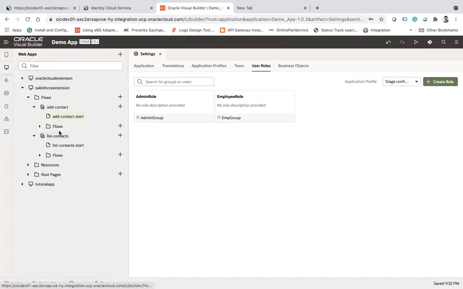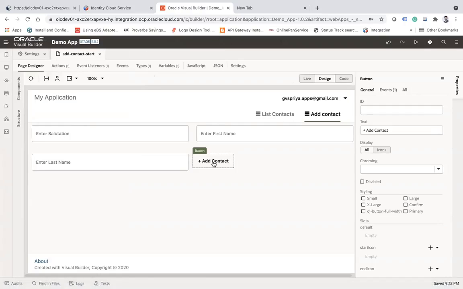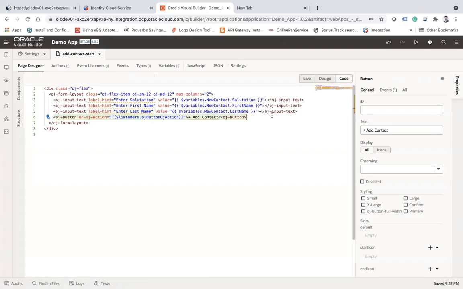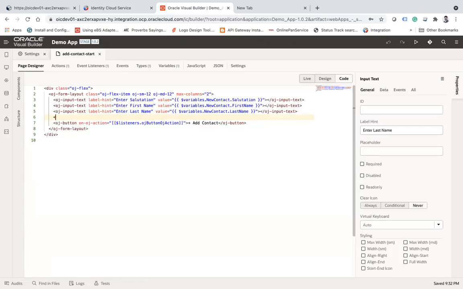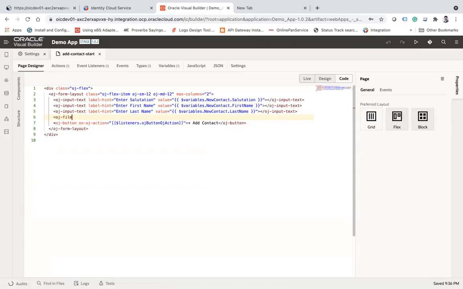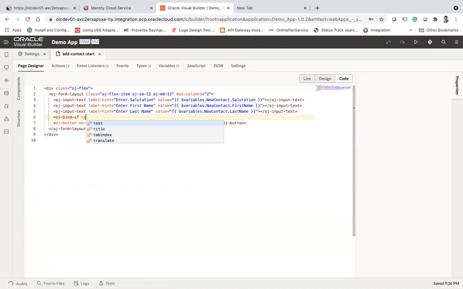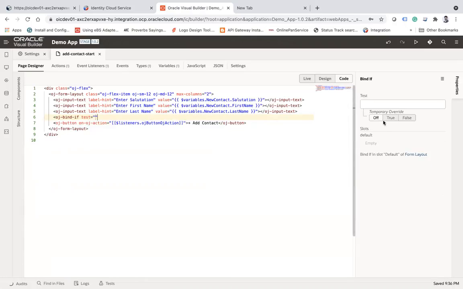Now, go to this add contact. I don't want the employee role to view this plus add contact button. For this, I will apply a condition here, and I will say if there's an OJ if, bind if, sorry. And here I want to do a condition. And in the test, what I want here,